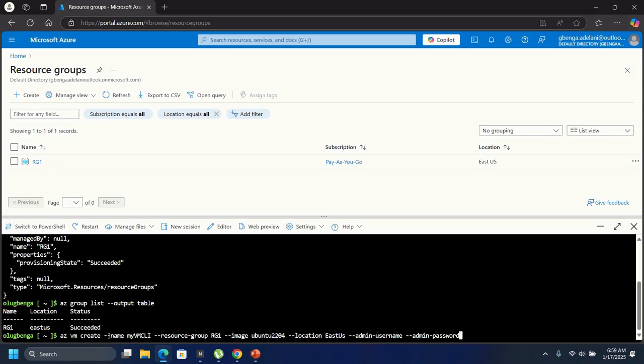So the admin username requires the name. So I'll call it, I'll say azureuser,